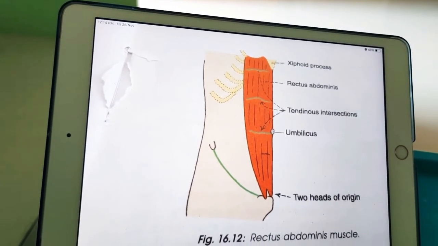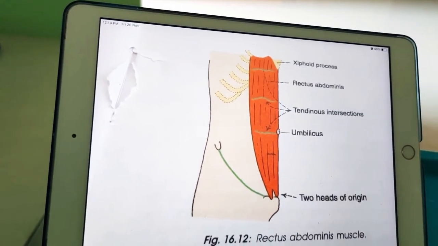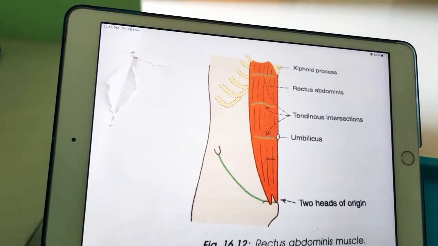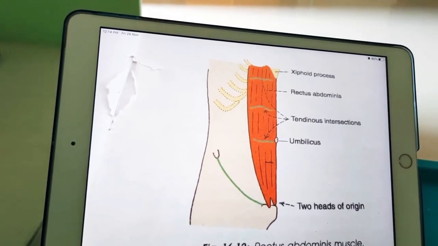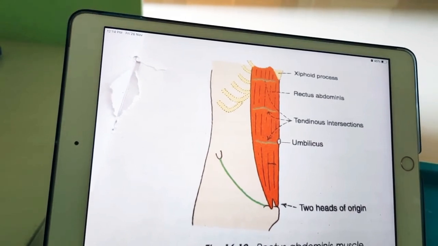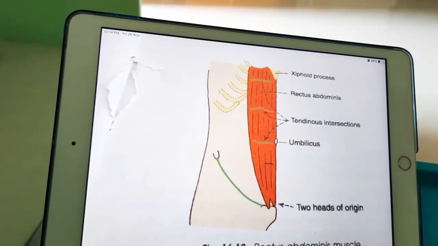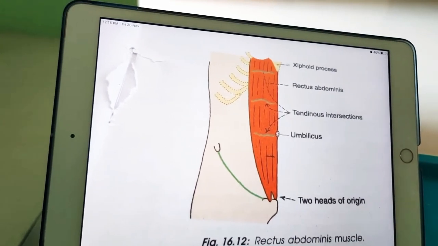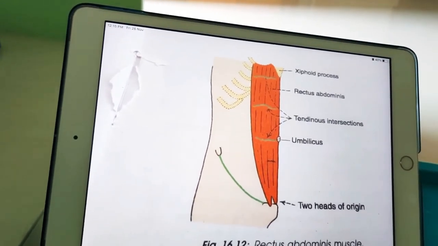Not only this muscle, but all the anterior abdominal wall muscles, what is their main action? They support the abdominal viscera. The abdominal muscles provide a firm elastic support for abdominal viscera against gravity, and this is chiefly due to tone of oblique muscles, especially internal oblique. So internal oblique is mainly useful for maintaining the tone of abdominal muscles.